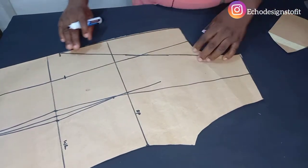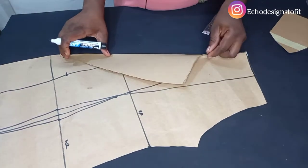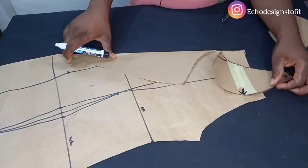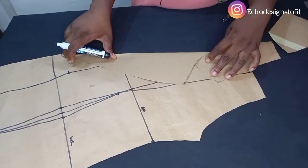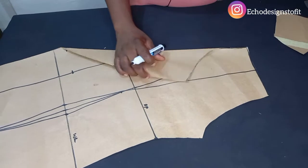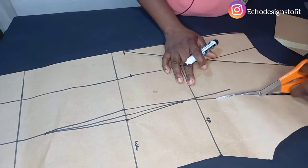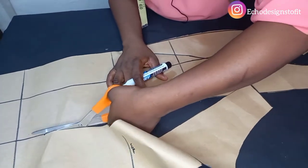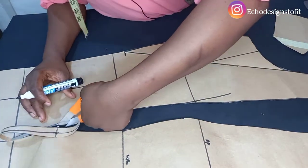I bet you can see that this is very simple. Okay, so this is the lapel. You can see, so easy. And this is where the, you can see, this is how it's supposed to be by the time I finish joining it. Okay, and after I'm done cutting, don't forget to label this, okay, so as not to get yourself confused. All right,